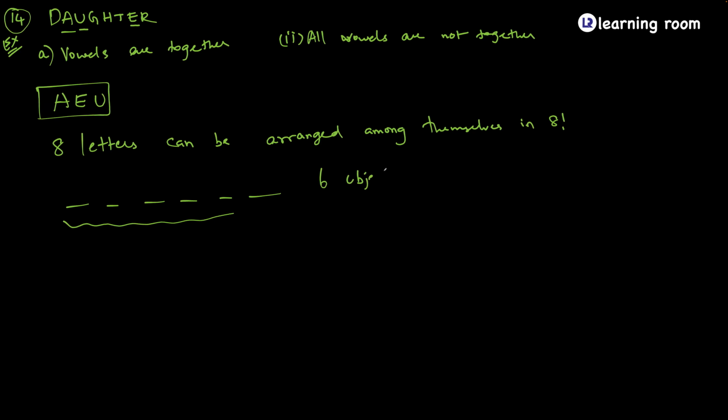6 objects in 6 blank spaces can be arranged in 6 factorial ways. But here is where the challenge is. In that 6 factorial also, these vowels are there, A, E, U. So 3 vowels can be arranged among themselves in